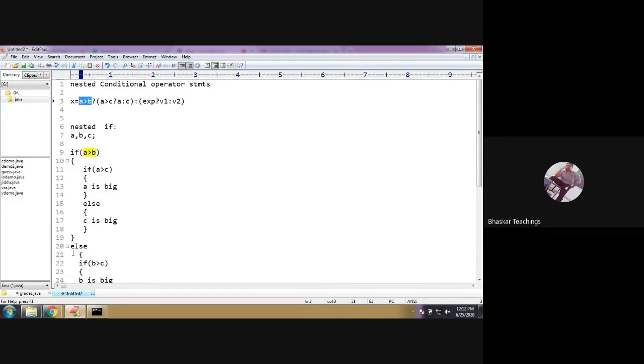That is, the control moves to the else part, that is this part. So here we need to check whether B is greater than C, because it is proved that B is greater than A here. That is why the control is here, right? When this is false, it means B is greater than A only. So now we need to check whether B is greater than C or not. If this is also true, the answer will be B. Otherwise, the answer will be C, because when B is greater than A and B is not greater than C, the answer would be C is greater ultimately, right? So that will be moved to X and we will print the biggest value.